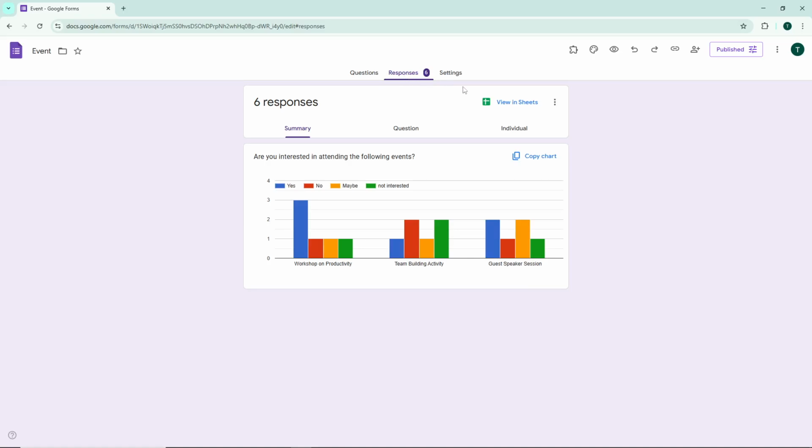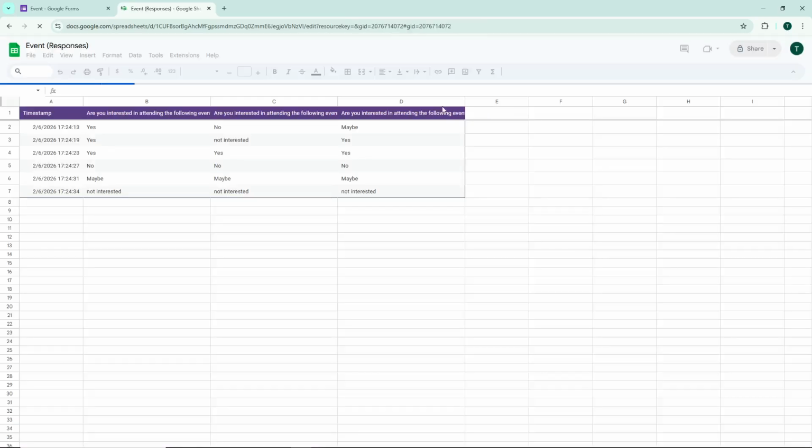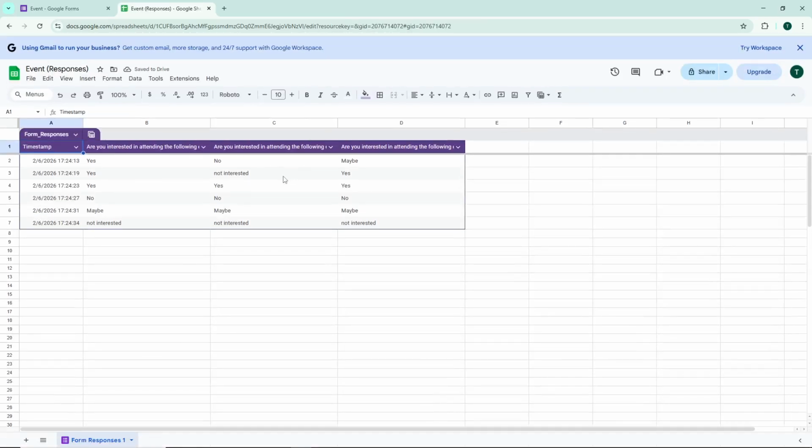Now, look for the option that says View in Sheets and click on it. This action will open a Google Sheets document containing all your form responses in a spreadsheet format. This is where we'll actually create and customize the chart, so give it a moment to load if needed with